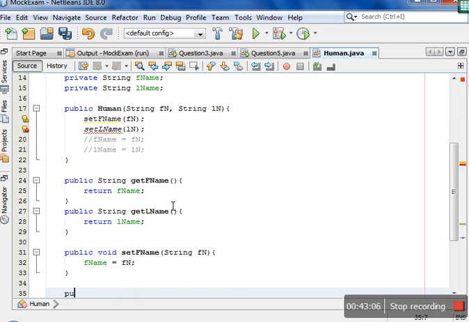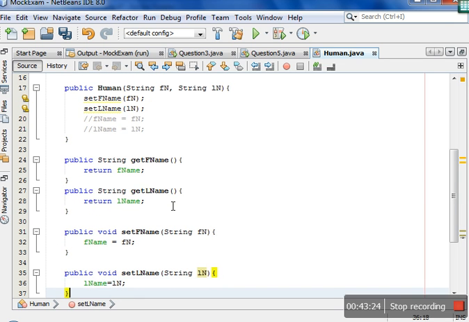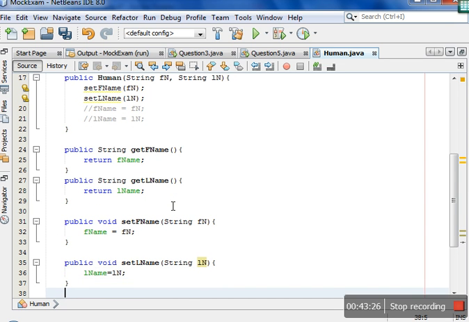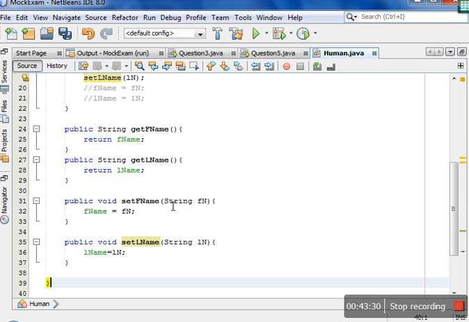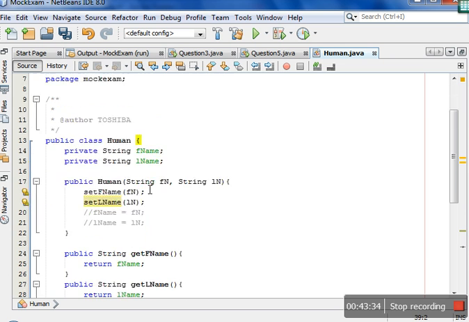And public void setLName of String ln, lName, that is the last name, is equal to ln. These are the setter and the getter methods. So this is your class Human as per the specification given. Okay,